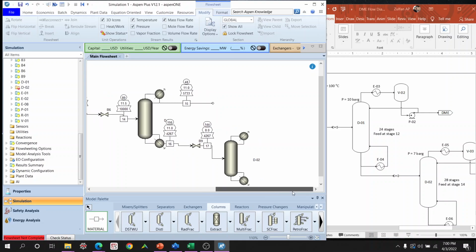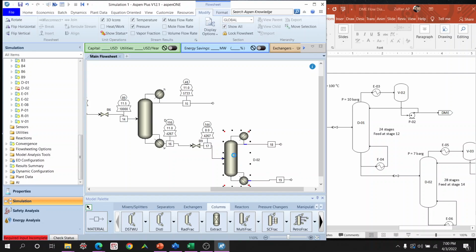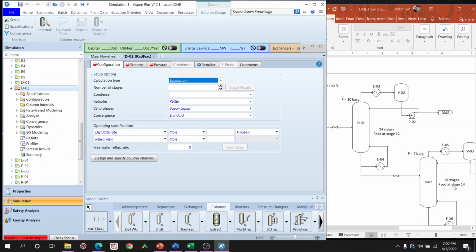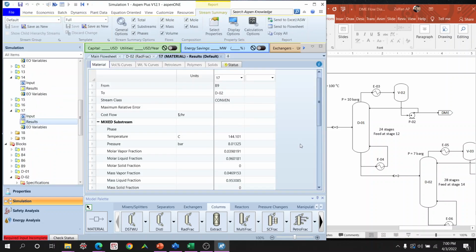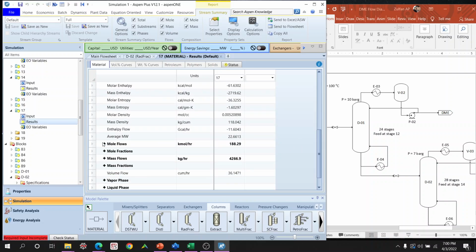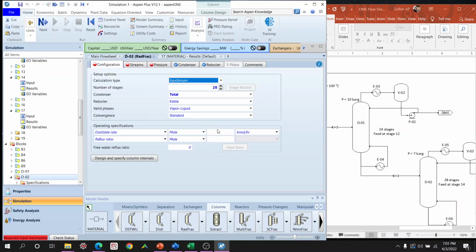Again, it's also like the total condensation of methanol, total condensation, and then the wastewater. So we know 28 stages, feed at stage number 14. 28 stages. Condenser is also a total condenser. The distillate rate: we know how much water is coming, how much methanol is coming in. So we want to recover that as much as possible. So you can see mole flow is 62. Then maybe we want to recover 62 or 63. 62, for example,